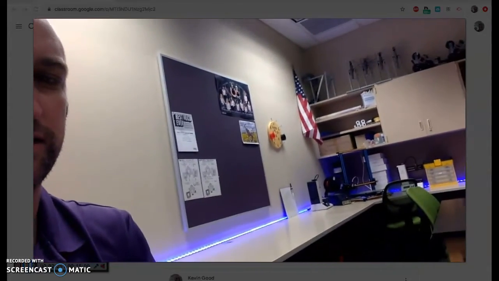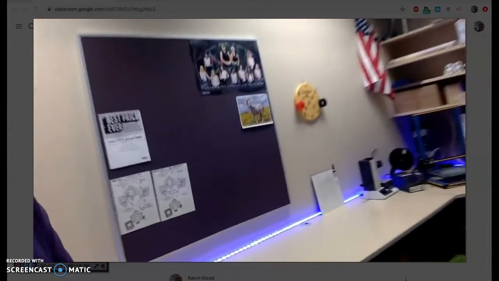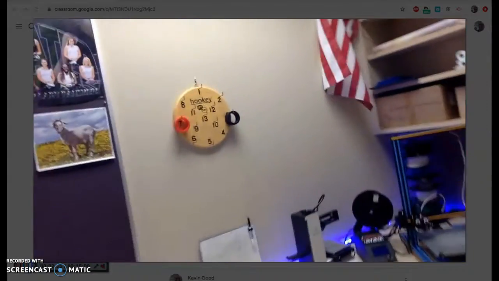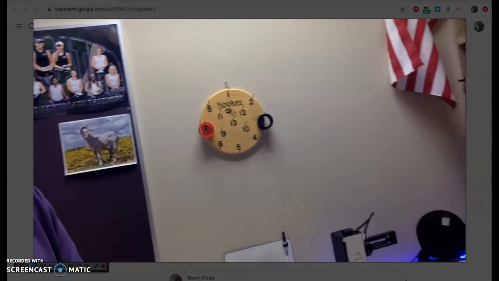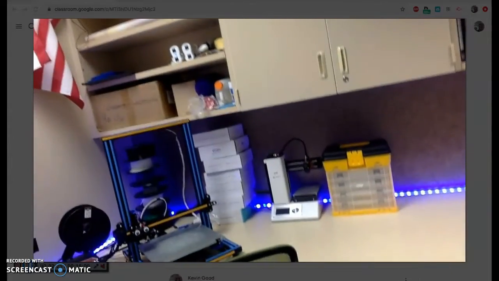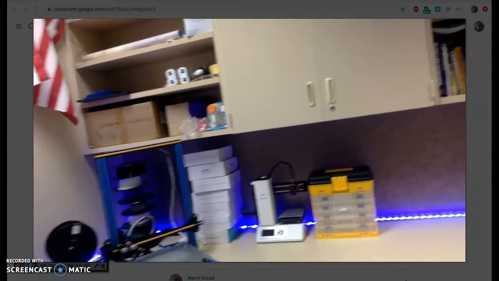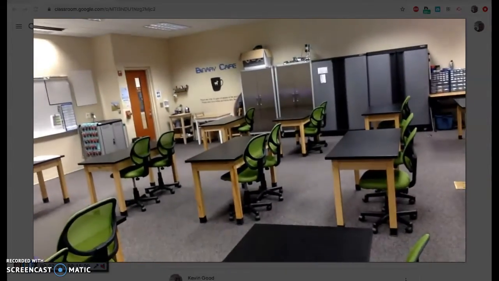If we turn around here, over in this corner is our 3D printers. So if you ever need to print anything, I guess we can. We got our game here, game of hooky. I'm pretty darn good at it, so I will take on any challengers. And if you ever want to learn to program on your own, I got an Arduino in there. Got our nice little lighting here. Here's an overall view of the room. Got the desks spread out this year